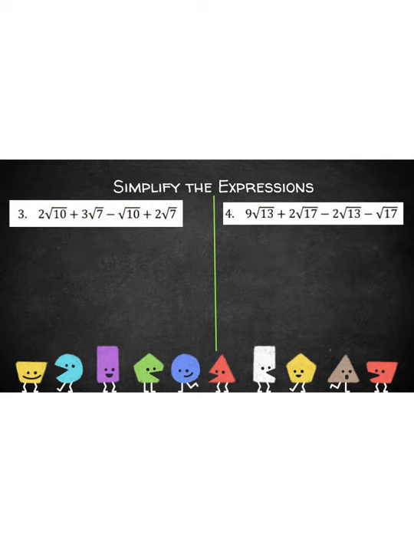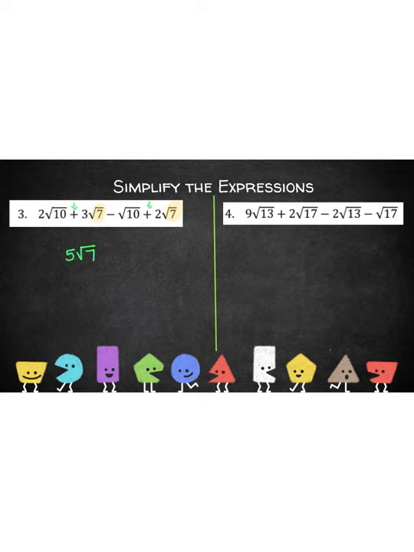All right, so let's look at number 3. First, we're going to start with the same number under the radical. So when I look at this, I see I have a 7 right here, and I have a 7 right there. So I know I can combine that 3 and that 2. In front of that 3, I have a plus symbol, so I have plus 3. And in front of that 2, I have plus 2. So I know that those are going to be added. So I can just say 3 square root 7 plus 2 square root 7, and I get 5 with the